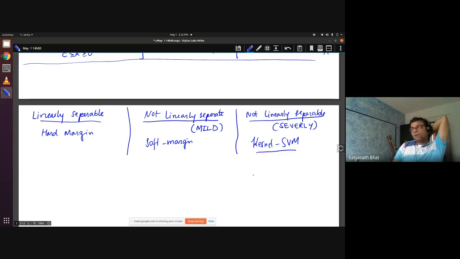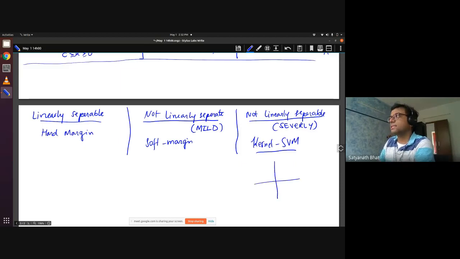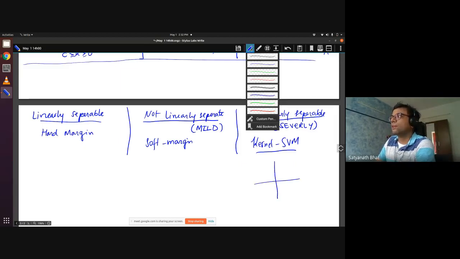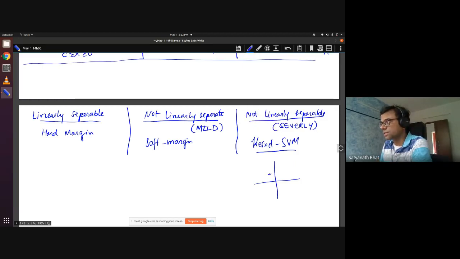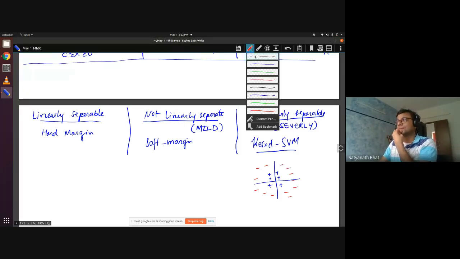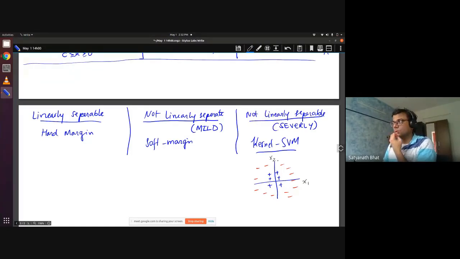So an example of not linearly separable is this case, right? So if you look at data in such a way that all your positive points are lying close to the origin, and your negative points are lying far from the origin. So suppose your features are like this. Given this kind of a situation, there is really no linear separator that you can get to separate this. So we know this.